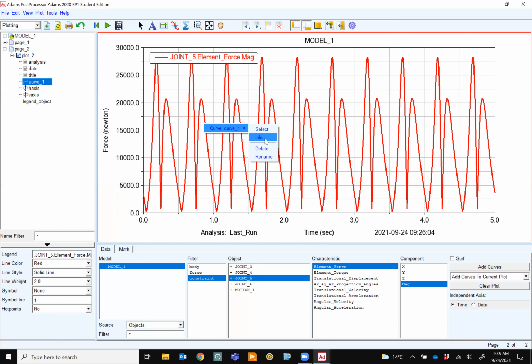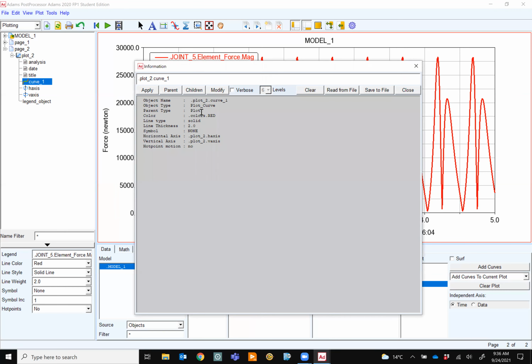It's somewhere here. It's been a long time since I used it. Anyway, it is in the document that I put there for you. Check it, or you can just play with this. If you click on info, it gives you some general information. Then save to file, read from file.